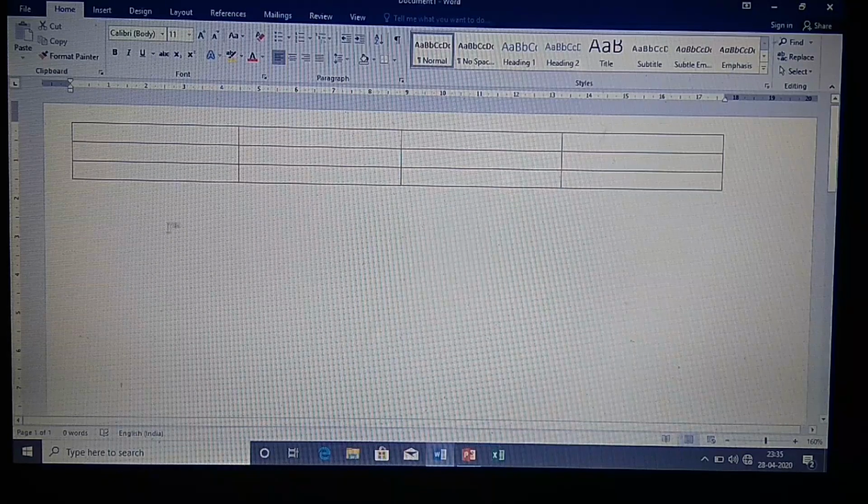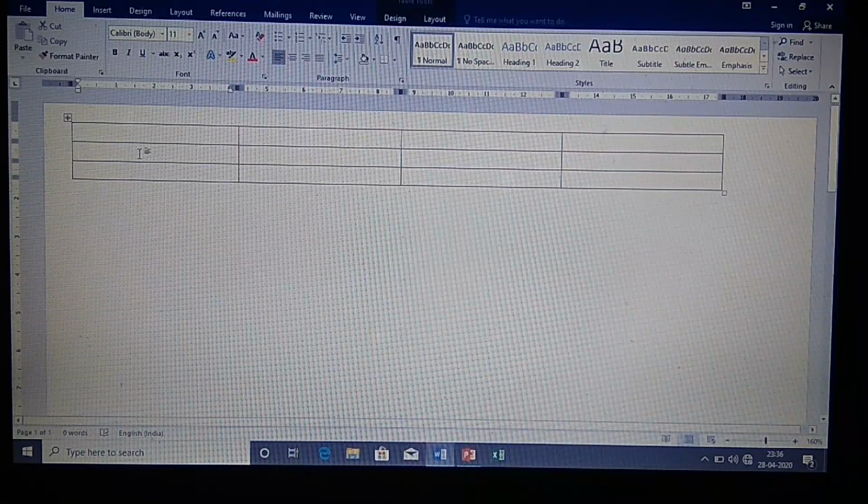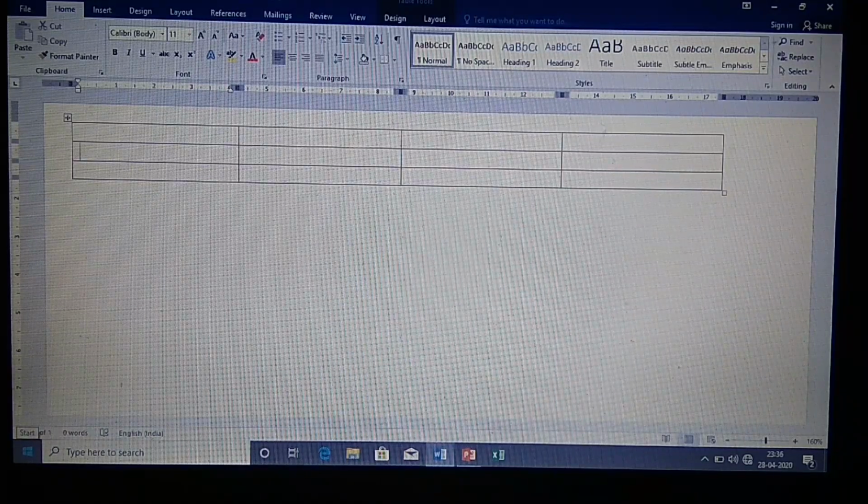If you want to select a particular cell, you have to click on that cell and it gets selected so that you can type your data in the cell. You can double click on that cell to select a particular cell and type data, and start typing the data.